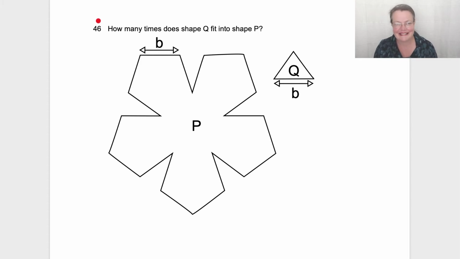Question 46. Always keep an eye on every question number. How many times does shape Q fit into shape P? We've got B, P, B, Q. Here's shape P, right. So that's B, and that line there is B, and so that,